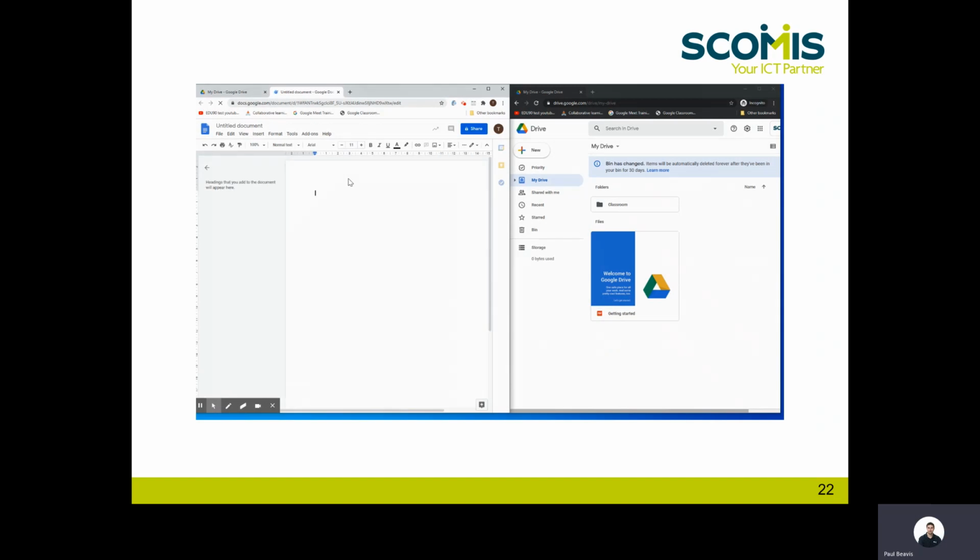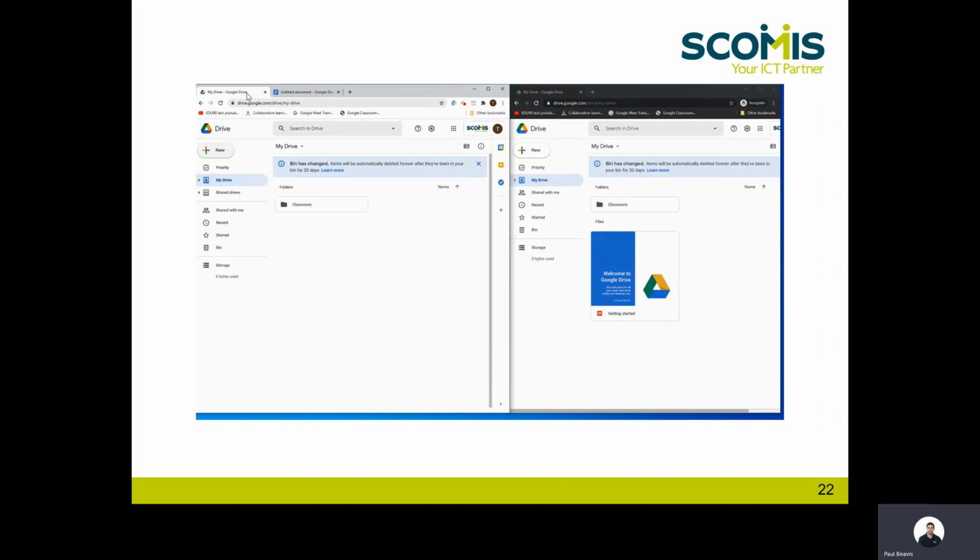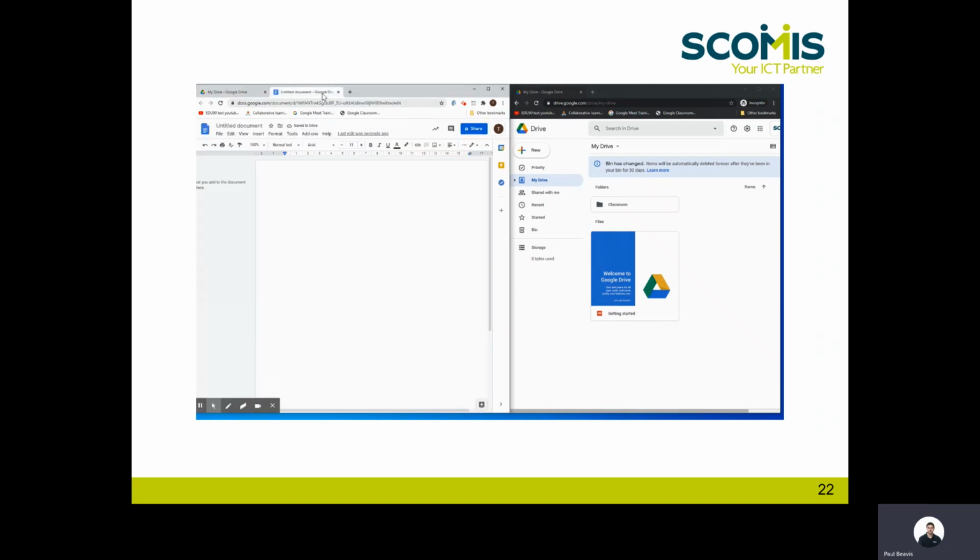And again, this is a great feature because I don't need the word processing software installed on the machine that I'm using. It's just running off the cloud. At the moment, it's called Untitled Document. And if I go to Google Drive, you'll see that it's automatically saved. So that's another great feature of G Suite. You don't have to save as you go along. Everything is recorded, every single edit. And it's great for students because they don't have to remember to go file and save as before they sign out. So I'm just going to call this consultation